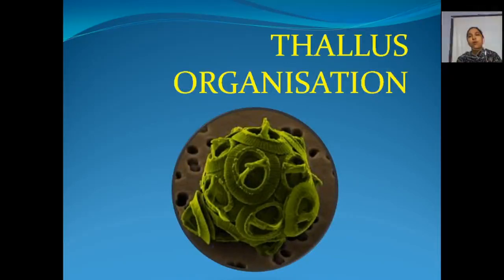So, algae may be of the wild type, from unicellular to multicellular, and they are growing in water, terrestrial areas and different places. So, based on that, their thallus is also organized differently. It is somewhat a complex structure, from a very primitive structure to a very advanced structure you can see in the algae. So, let us study one by one.